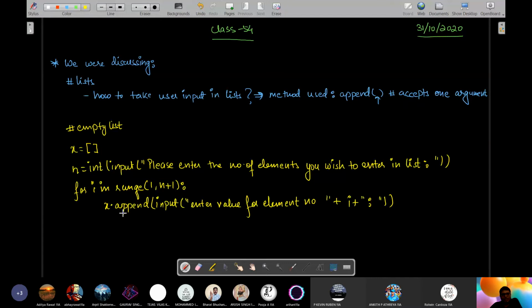Instead of a blank screen coming every time, user will know which element, which position element you are inserting. Or if you want to insert using index positions, then you can use 0 to n, and write I. So enter the value at index position 0, index position 1, index position 2. In that way, the program will become more appealing or more presentable.